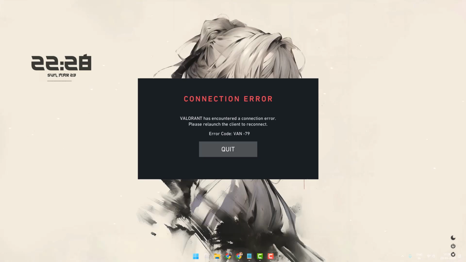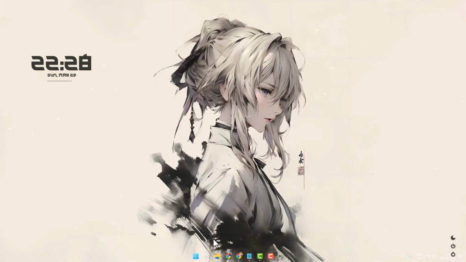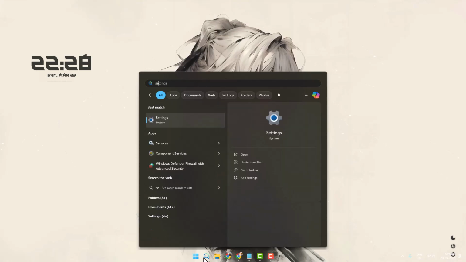Today we are going to see how to fix Valorant Error Code VAN-79. Let's fix it, guys. Method 1: you just need to go to the search menu and type services, click on open